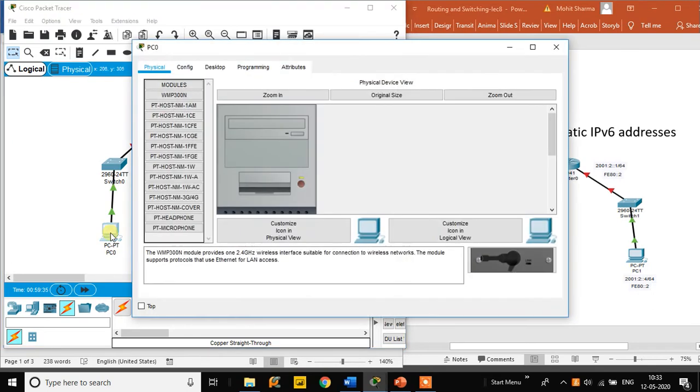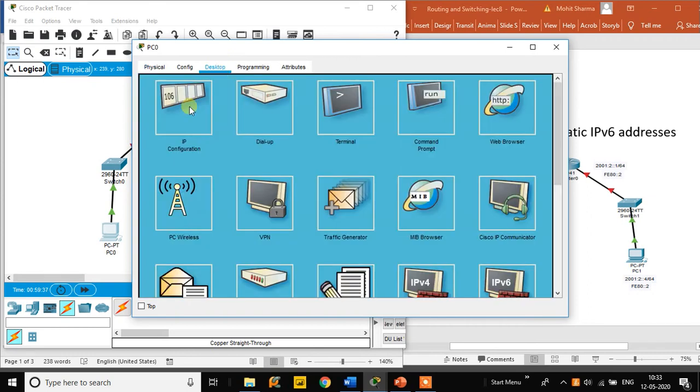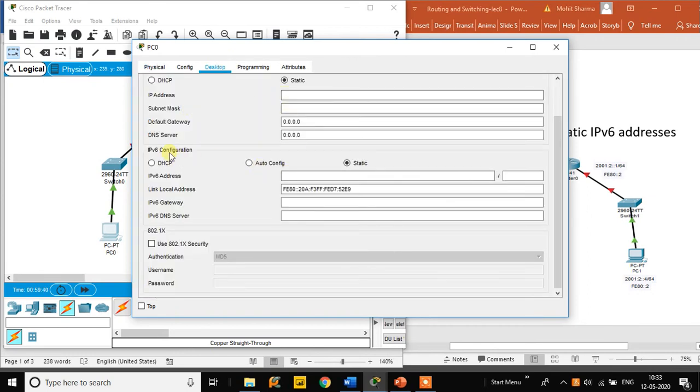For that we have to go to PC0, go to the Desktop, IP Configuration, and this is our IPv6 configuration. We have to type our IPv6 address here.